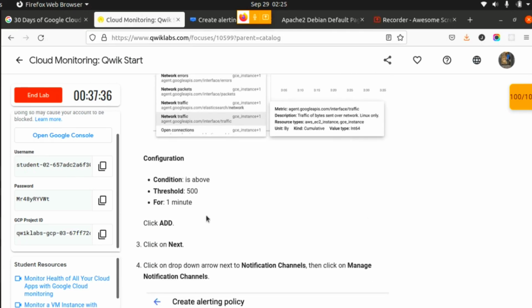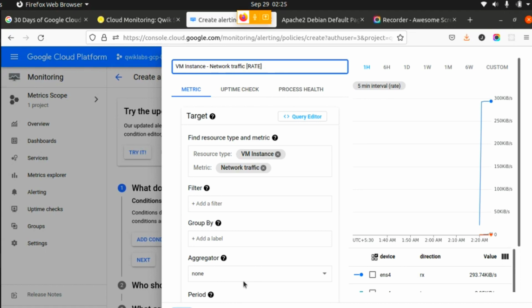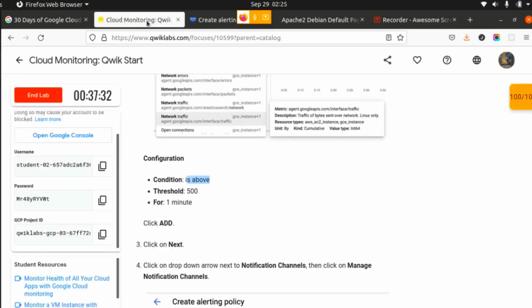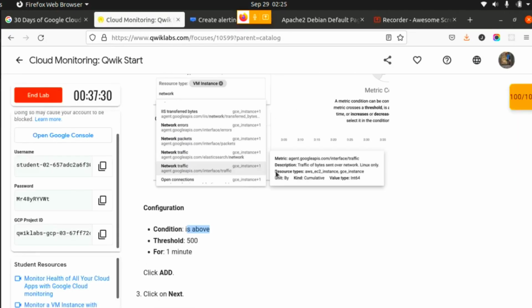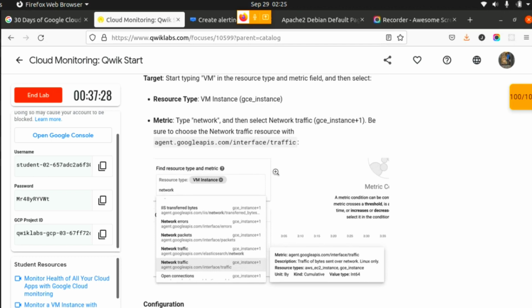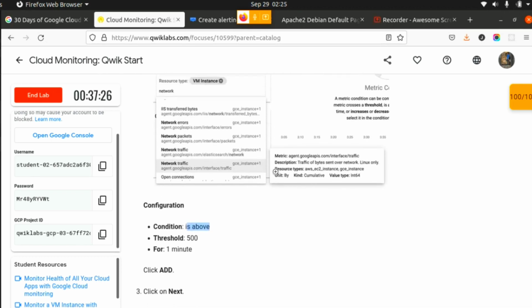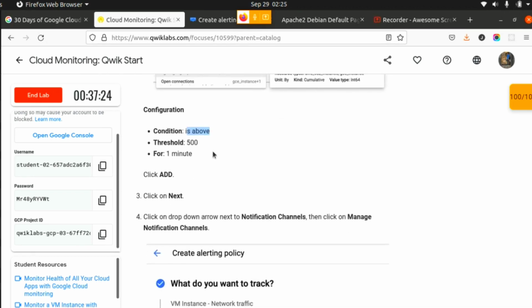Okay, configuration: condition should be is above. What is the step after that? Configuration: condition is above.